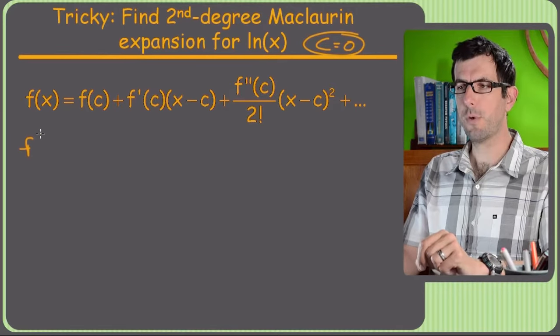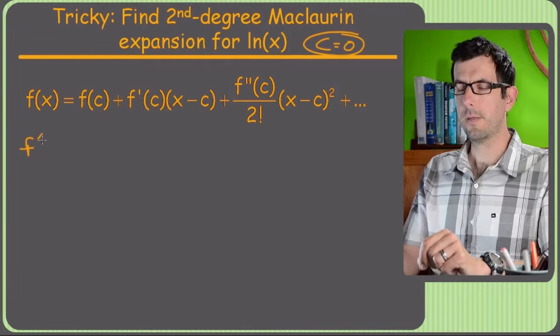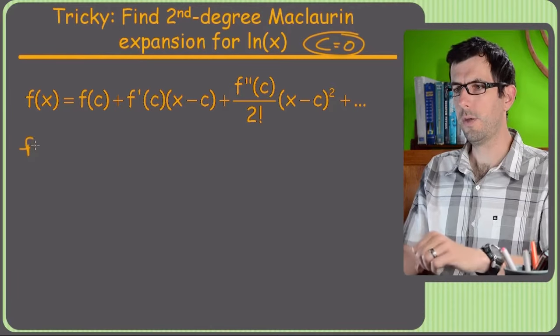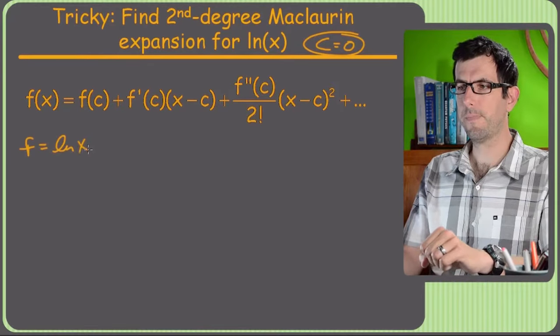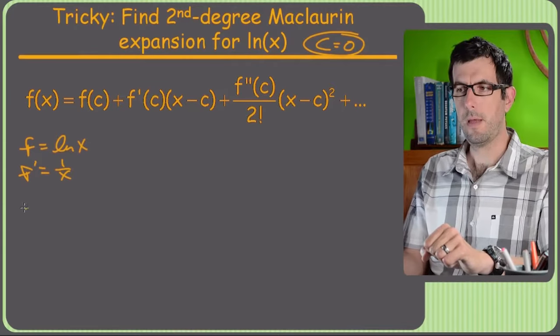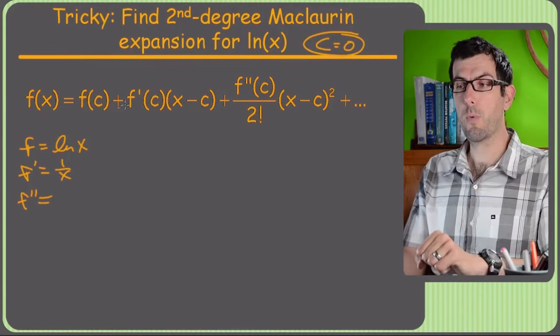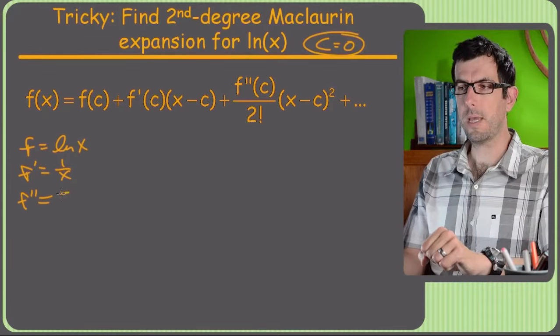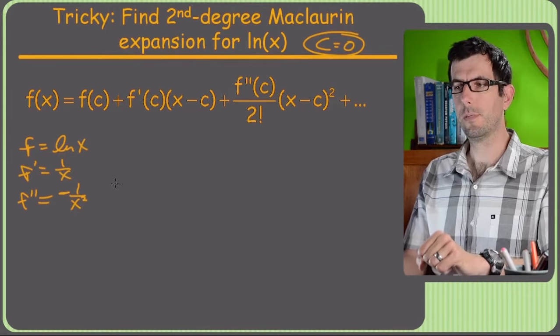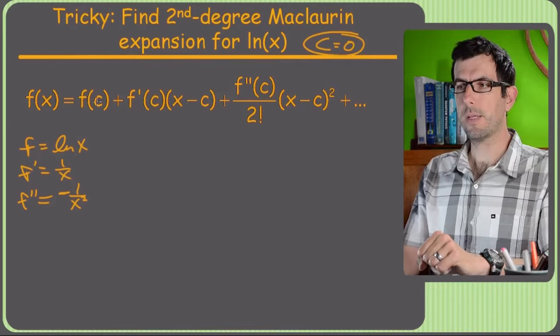So right away, the first thing I want to do is come up with my primes and whatnot. Oops. So f equals ln of x. F prime equals 1 over x. F double prime, since we're doing second degree, we want f double prime. So that's going to be negative 1 over x squared. Seems pretty good. All right, so first thing we need is f of 0,